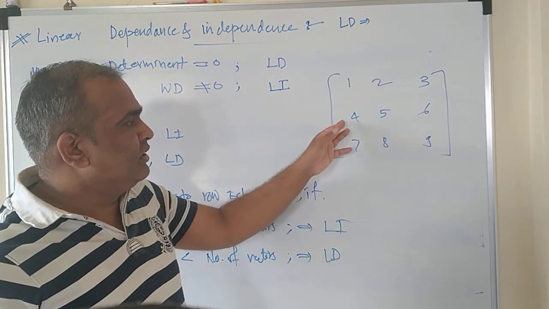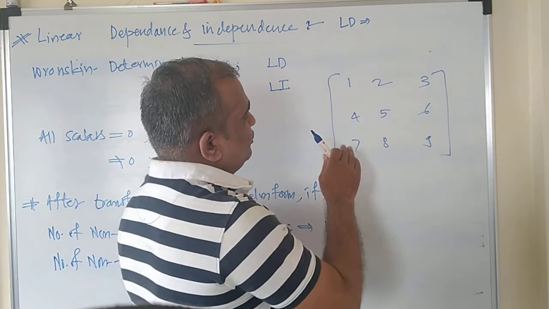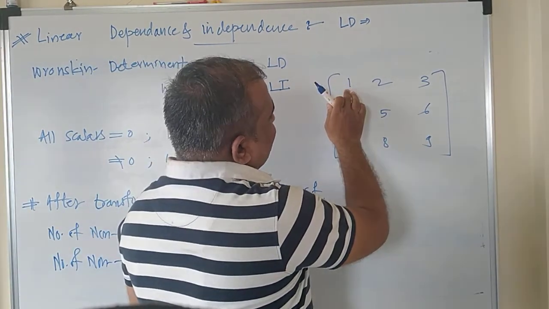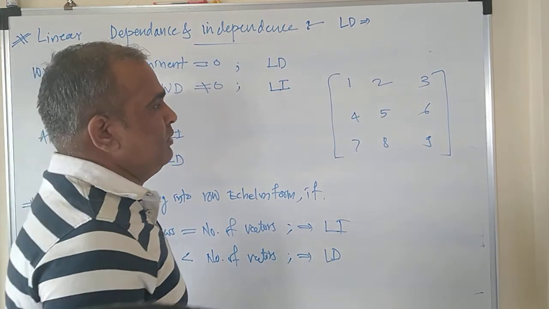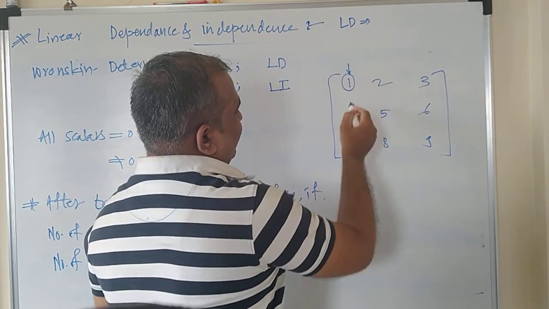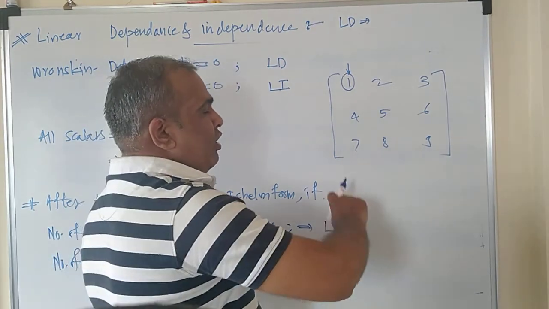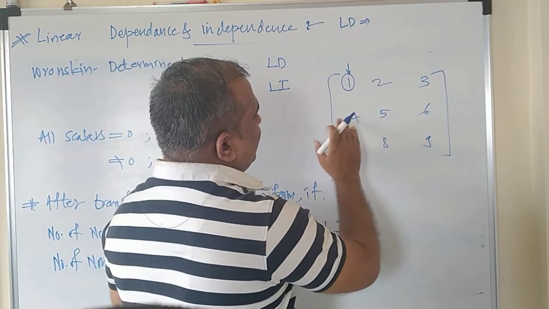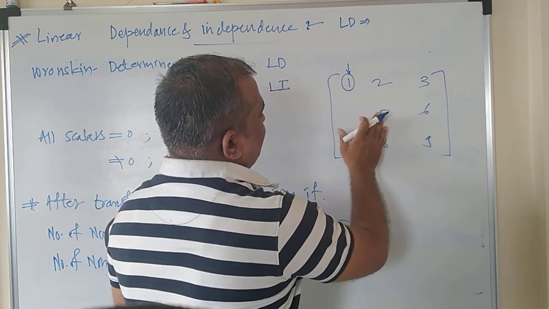While transforming this matrix, you should make sure that each row has its leading element as a 1. What is meant by leading element? In the first row this is a 1, this is called the leading element. But in the second row there is nowhere a 1. So you should operate in such a way that there should be a 1 here, right? So this is the first condition.